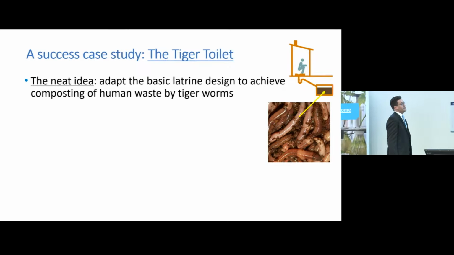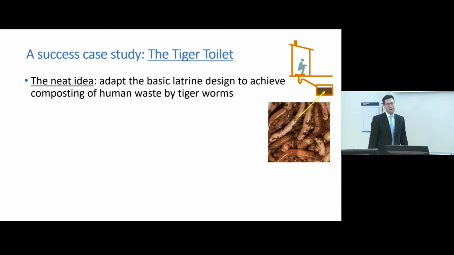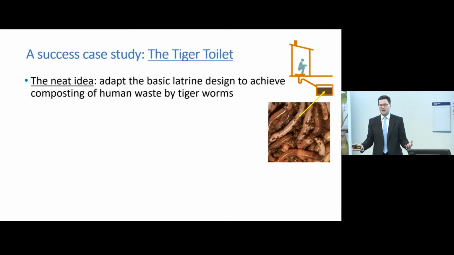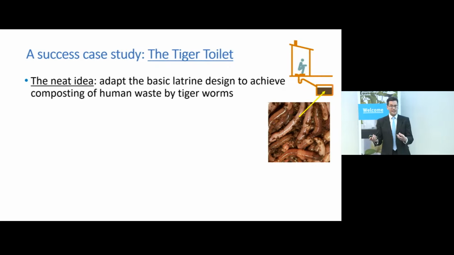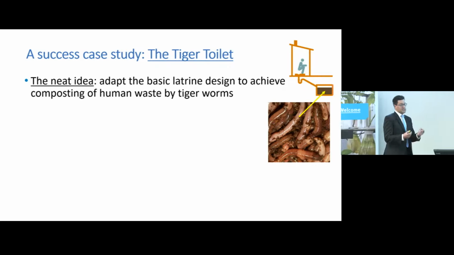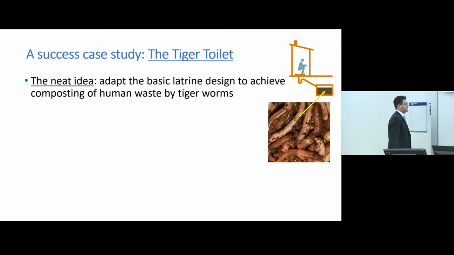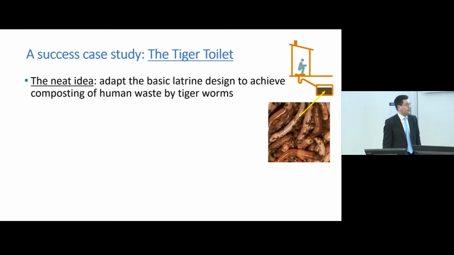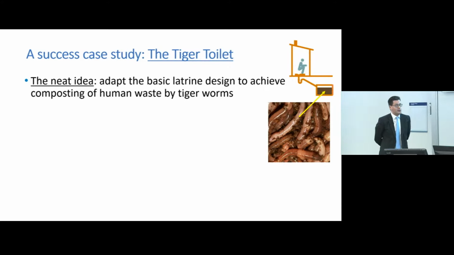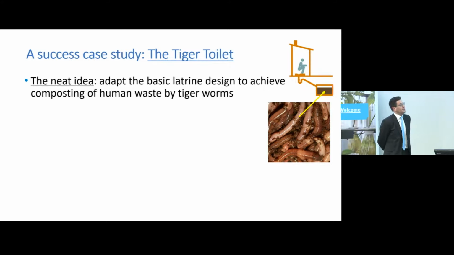And so the idea here was to adapt the basic latrine design, which we saw on the previous slide, by making it a good environment for tiger worms, which are sort of like nature's rubbish men, really. They're very good at degrading human waste very efficiently and transforming that into a compost material, which is essentially sterile, so it makes it a much safer environment to empty the toilet. So the aim was, by having these worms in the toilet, to reduce the filling rate. Whereas the toilet might fill up after 5 years, can we make it slow down, fill up after 20 years, let's say?